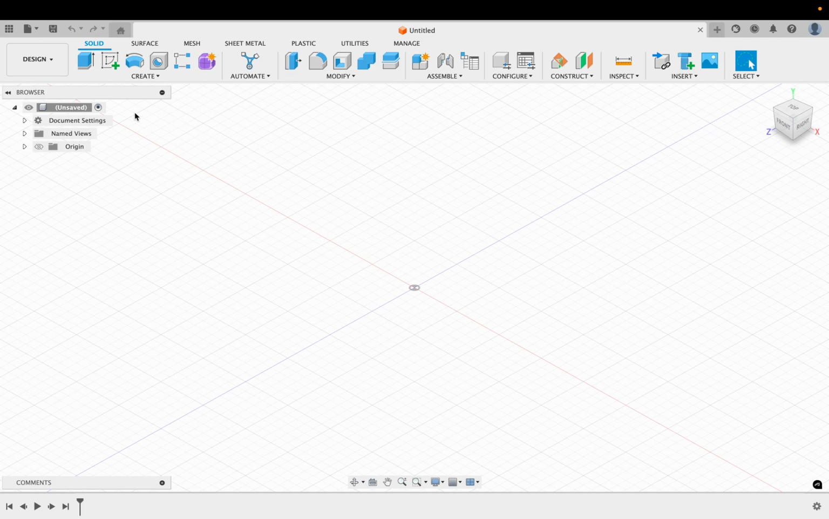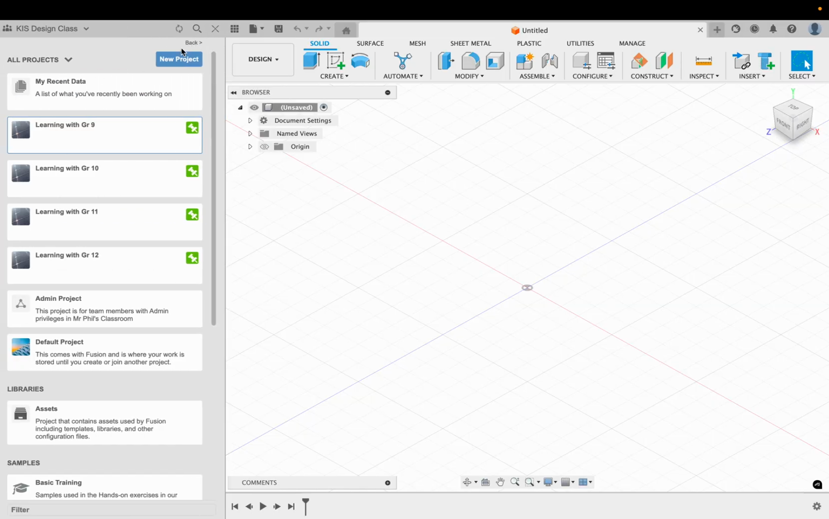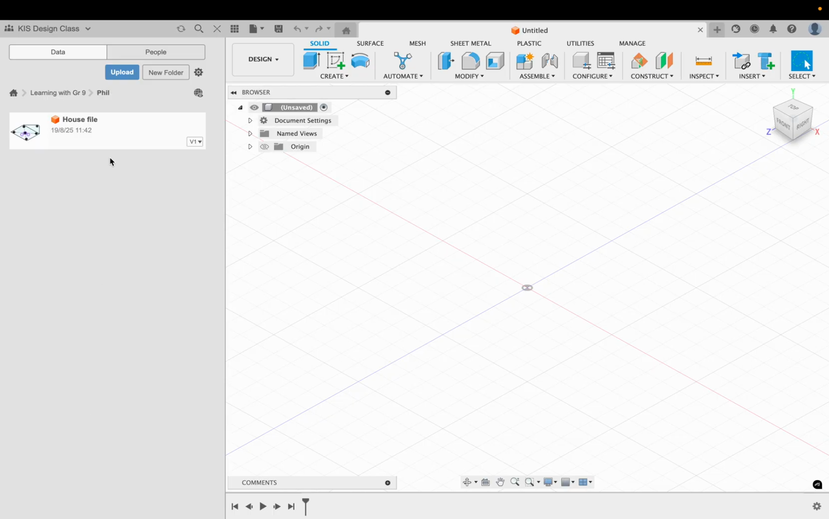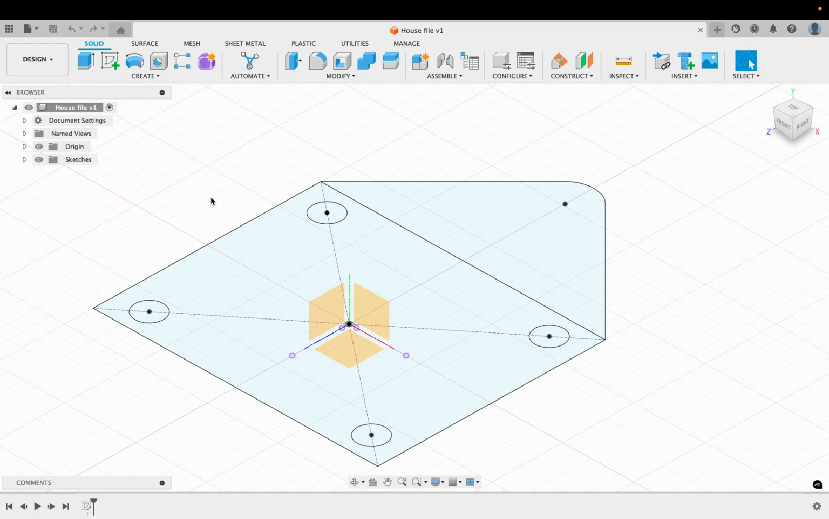So what I want to do is open my house file and turn it from a sketch into a 3D object. So I'm going to go into my data panel, go into Learning with Grade 9 and go into my folder, and this is where you should have saved your sketch. So I'm going to open that up and I'm just going to close the data panel. Okay, so